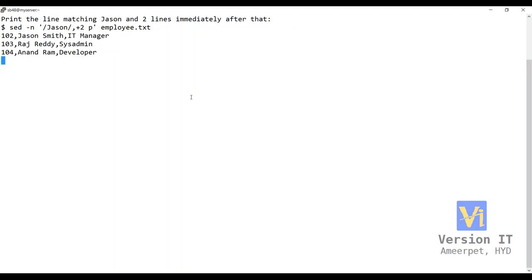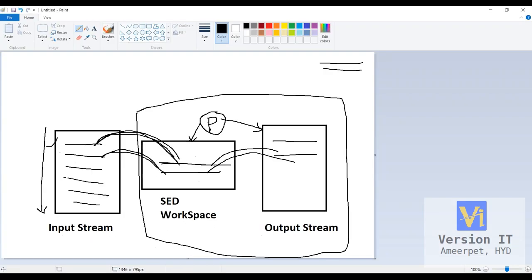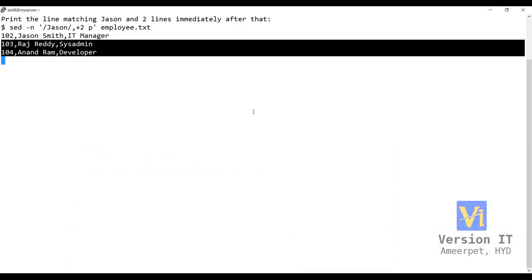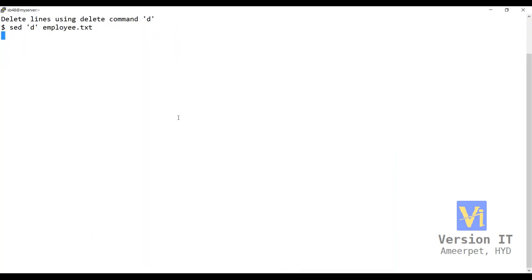Now, if you would like to get the next immediate two lines, say I'm searching for a word JSON and I would like to get the next immediate two lines, I have an option in grep command, which is -A. So here you are using +2. And you don't have a concept of -2. Why? Because again, the same concept, sed goes line by line, it cannot go back. So if you want to print minus, the order should go this way, so it never happens. That's the reason you don't have a minus option there. If you want minus options, you always have the grep command available, not the sed command. Okay, so that is all about